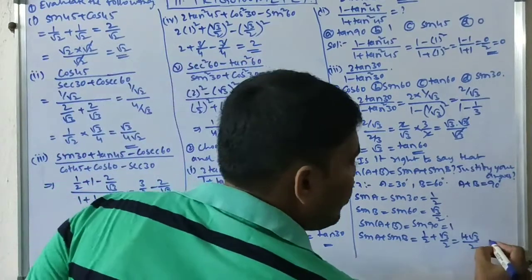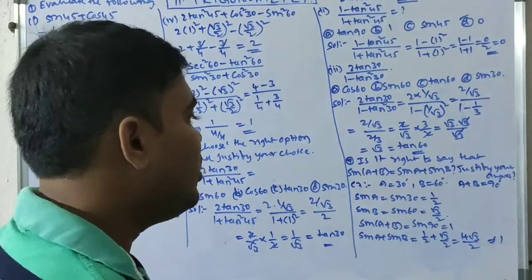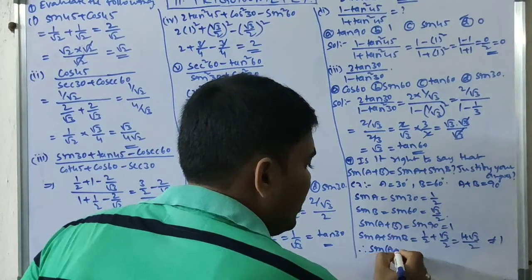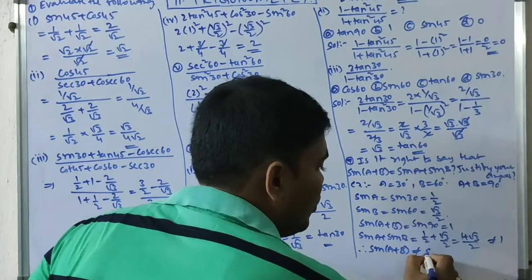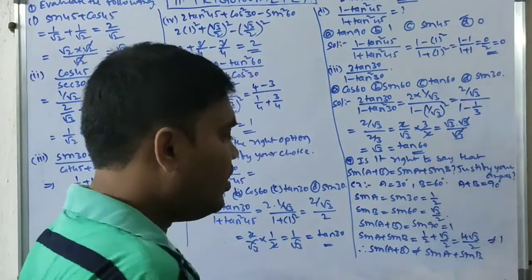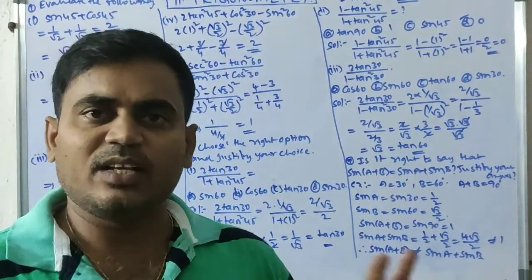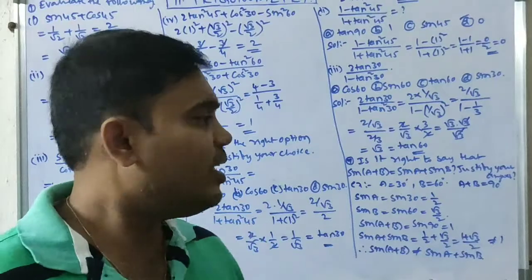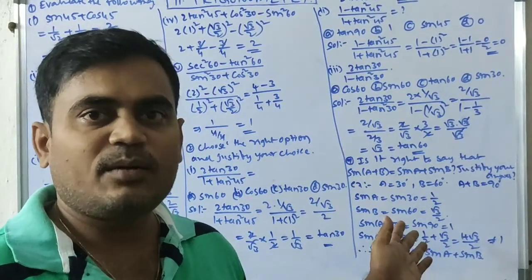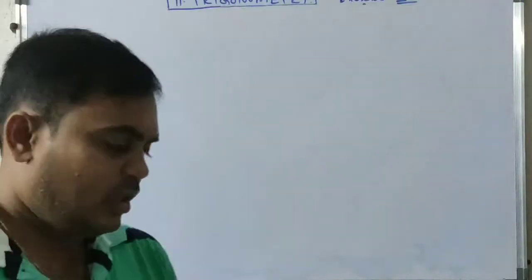So it is not equal to 1. 1 plus root 3 by 2 is not equal to 1. So therefore sin of a plus b is not equal to sin a plus sin b. If this condition were true, it must be satisfied for all angles, but it is not satisfying for these angles. So this is the counter example. That's why sin of a plus b is not equal to sin a plus sin b.